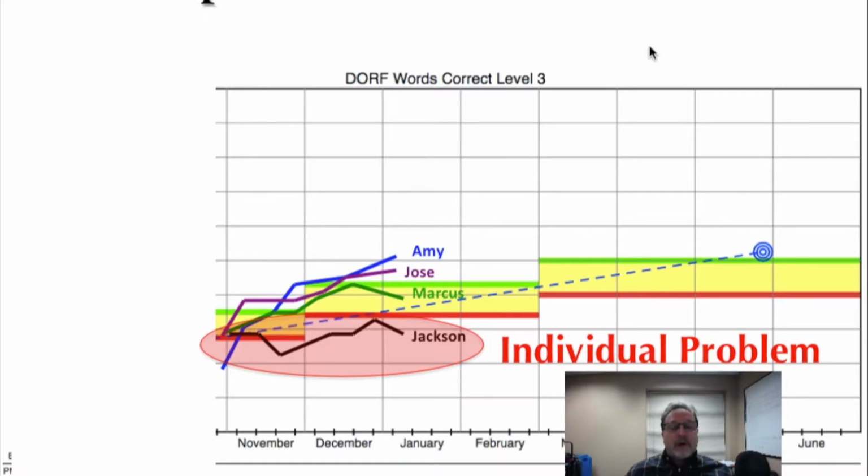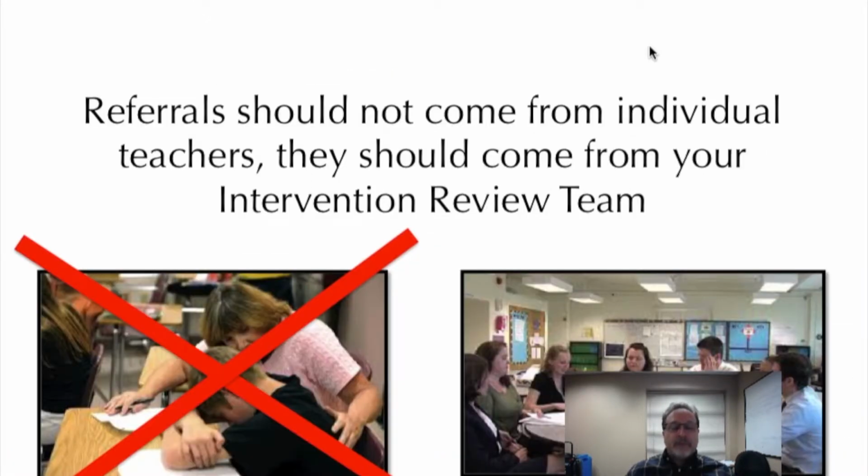And at that point, you really are confident that the student's needs may go beyond what can be addressed with just tier 2 intervention, and look then at making referral for individual problem solving. So, within our system, with academics, and it's a bit different for behavior, but with academics, we like to really encourage all the referrals to come from the intervention review team, that team that is meeting every 6 to 8 weeks at each grade level to review the progress of students in Tier 2 interventions.